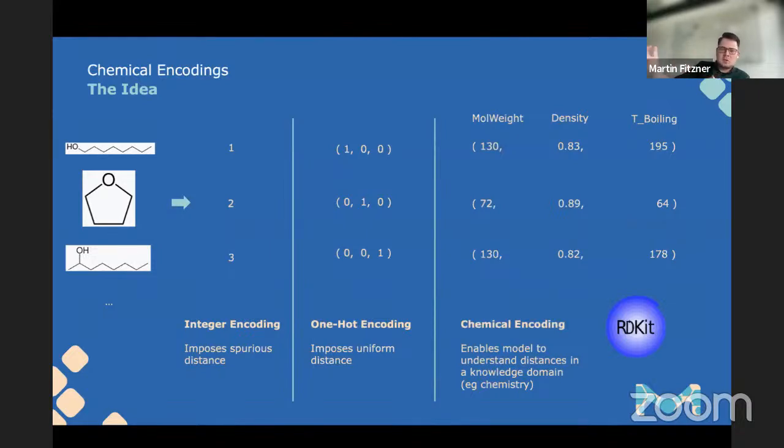The numbers we use to represent these labels should actually correspond to the chemical reality of these molecules. And here I brought just 3 examples of descriptors that describe a molecule. I think now you can easily see that the first and the third one are extremely similar regarding their properties. That is exactly what we want. We want to give the algorithm the ability to understand similar labels and not impose distances in the encoding. And so that's what this does.